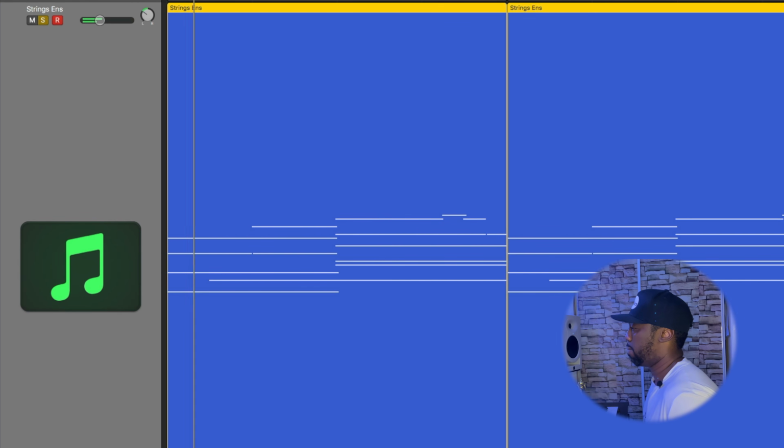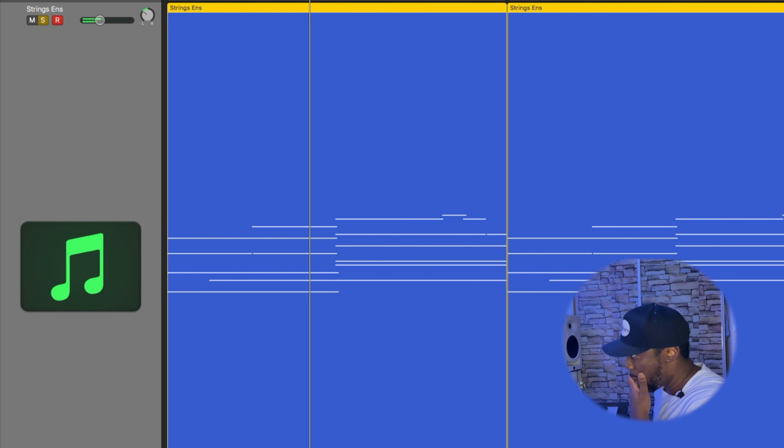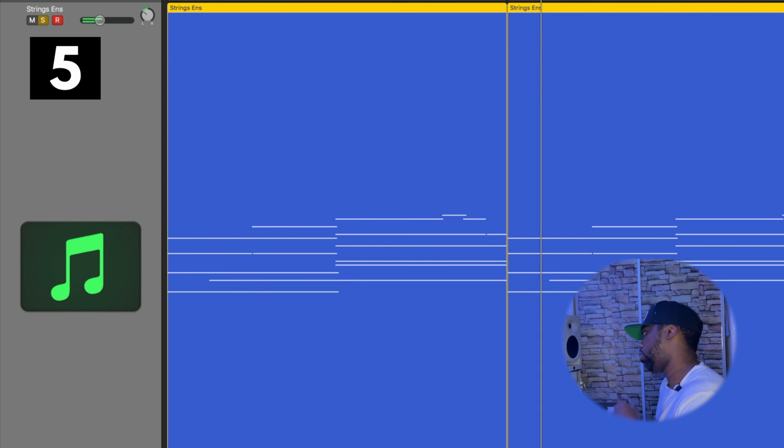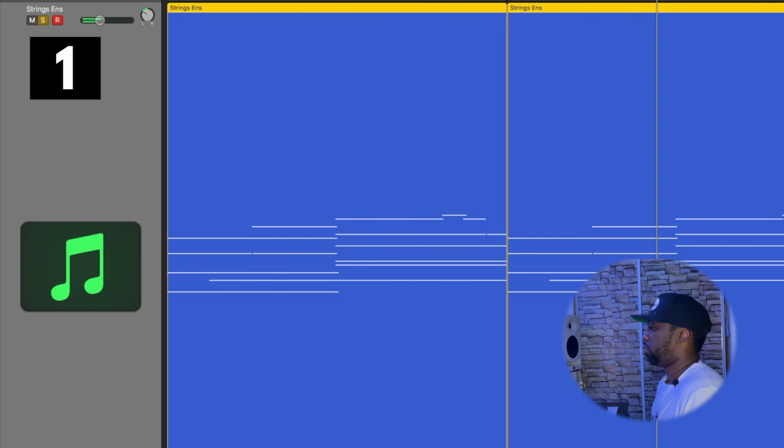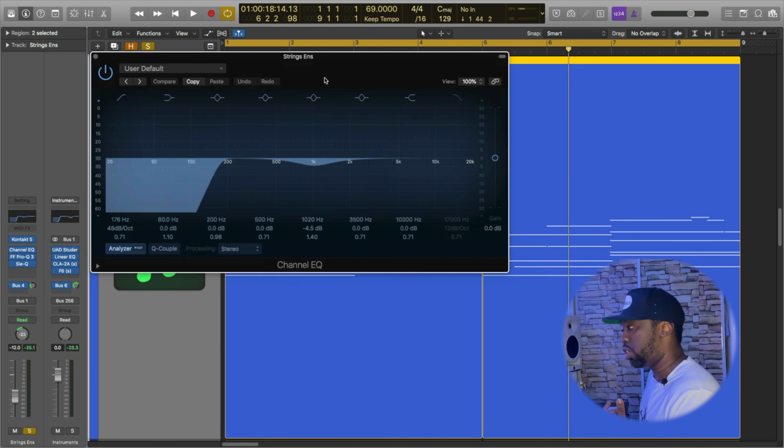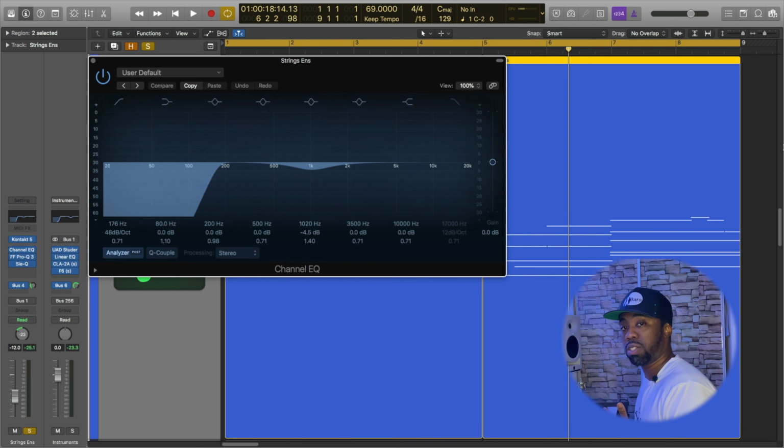Now, I felt like I wanted to add some emotion to the sample, and hands down, one of the best ways to do that is by adding some ensemble strings and just playing them as chords. And then as far as the effects are concerned, I'm really just using some EQ, again, just to carve out some frequencies that I didn't want,